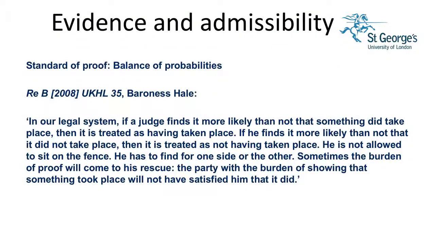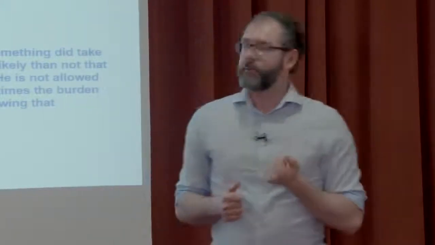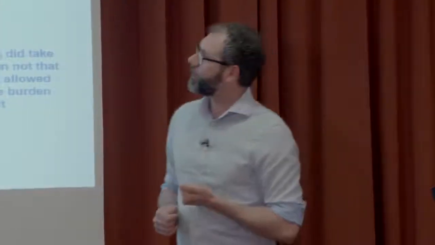Now, in terms of evidence and admissibility, because you will need to decide whether things that you've got in your bundle can go in front of the committee. Okay, and that used to be a much more complicated exercise. So firstly, you need to think, what does the committee do? Okay, in what way are they going to decide? Do I need to persuade them beyond reasonable doubt that it happened? It turns out we don't. Okay, so the standard of proof that we use in these panels is balance of probability.